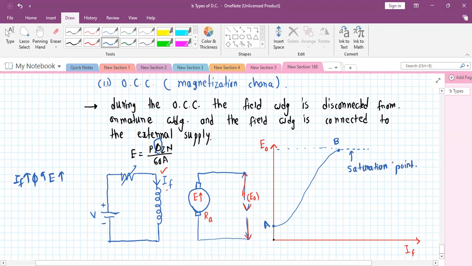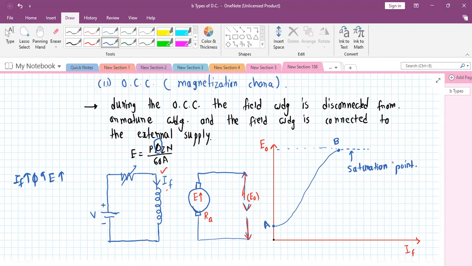Now, we have already done this practical in the laboratory. At that time you have seen that even though we are not giving any field current, you are getting some voltage. If you observe your OCC reading, your field current is zero, but you are getting approximately 23 volts. In the laboratory experiment we performed, you have seen that with no field current, you still get an EMF of approximately 23 volts. So this is called the OCC.